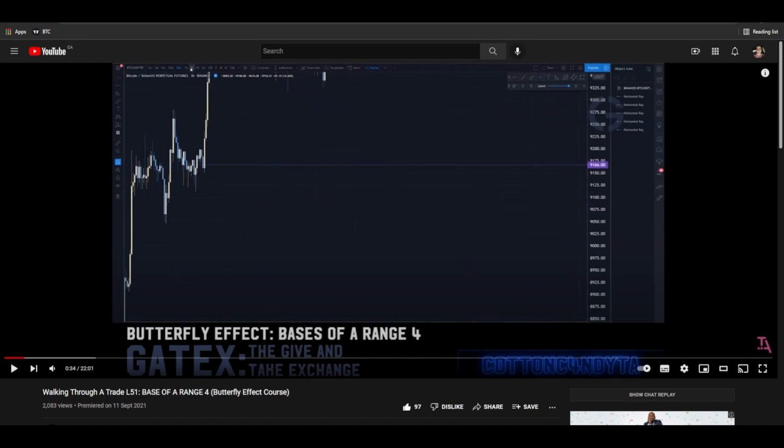Just going to take the time to pause this and make a few notes on what I see on the charts. Range starting right here. Obviously, you have a larger time frame hold dictating this range. So I would look at the hold level as the beginning of the range. Well, I don't want to say the beginning of the range, that wouldn't be correct. I would say I want to see the hold level here, which I have marked in